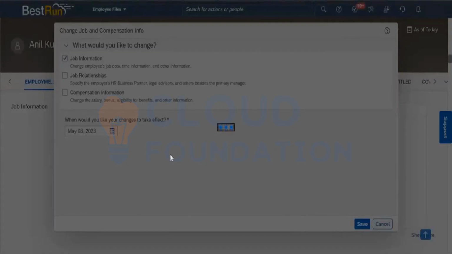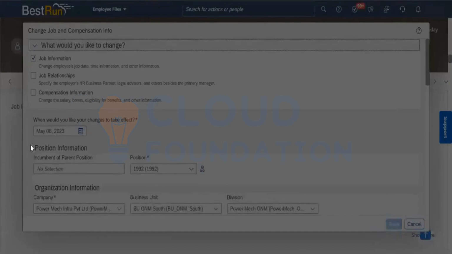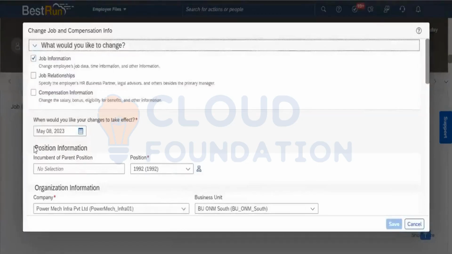After here, when I'm making some changes under the job info, while clicking on save, the system will not allow us to save. What was happening there? We have an option of event and event reason. We need to manually enter the event and event reason because those were mandatory. Finally, whatever changes we are making, we are giving the notification. We are notifying the system that these are the changes we have made by mentioning the event